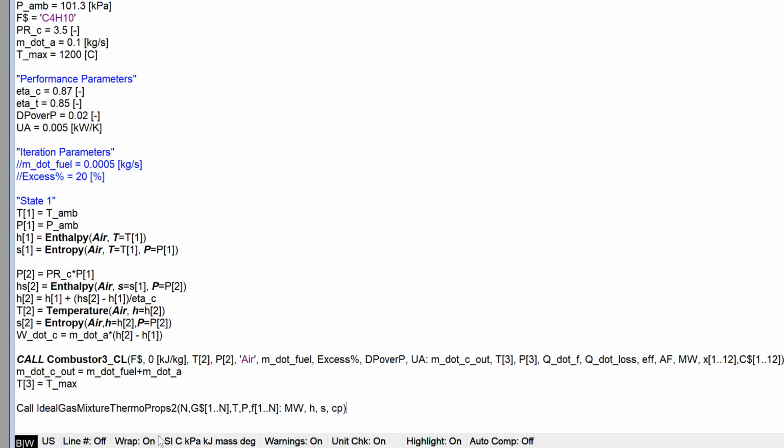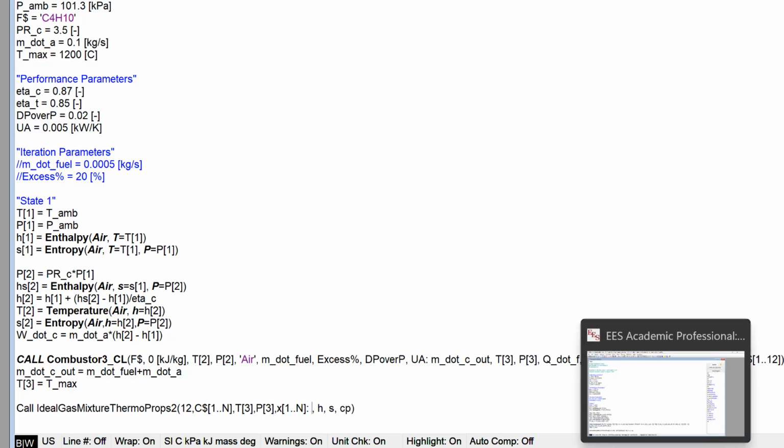equations window. The way that this works is you give it the number of constituents, which for us is 12, to match the 12 constituents being given back by the combustor model. Then the chemical formula of each one, which we called $C, this array $C, so I'll just pass $C to this. The temperature, which coming out of the combustor is T3, and then the pressure is P3. The next item here, because we're set up in mass units, will be the mass fractions. So this is X,